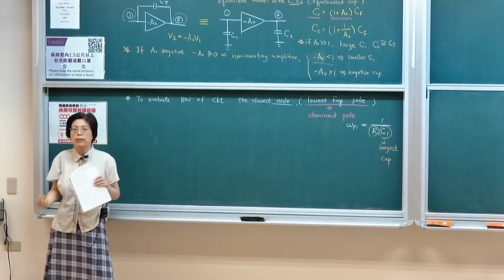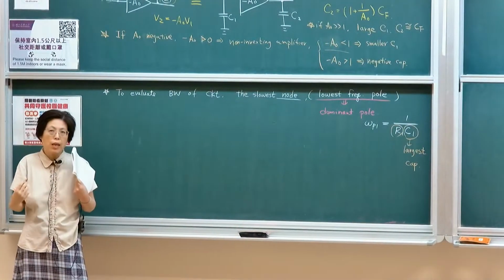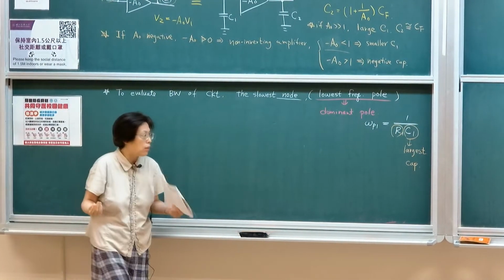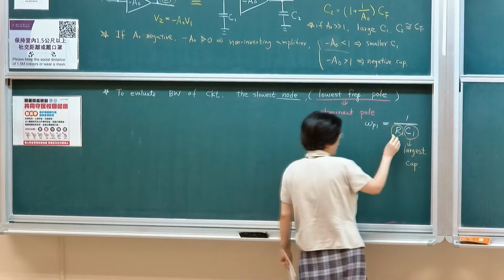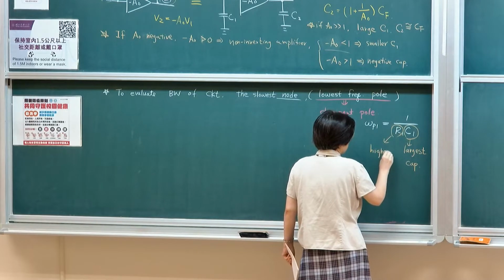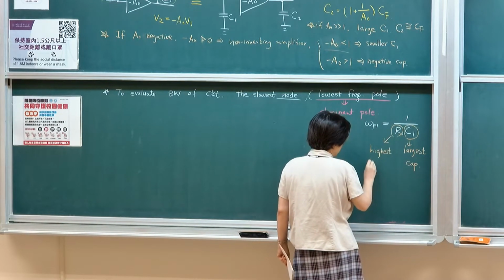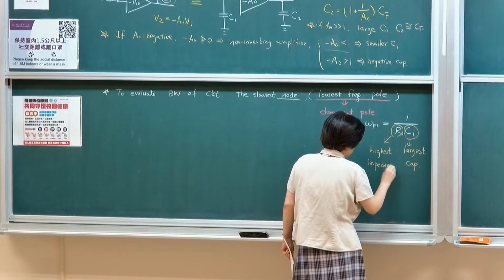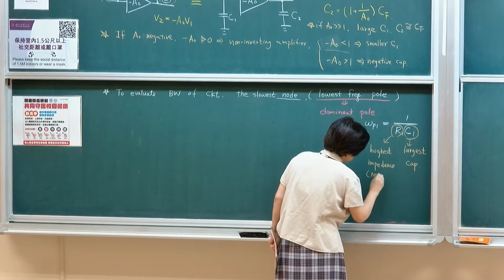The reason why we're concerned about Miller capacitance is because it has a significant amplification effect, so it will introduce a large effective capacitance. So you look for the largest cap and the highest, which is typically referred to as a high impedance